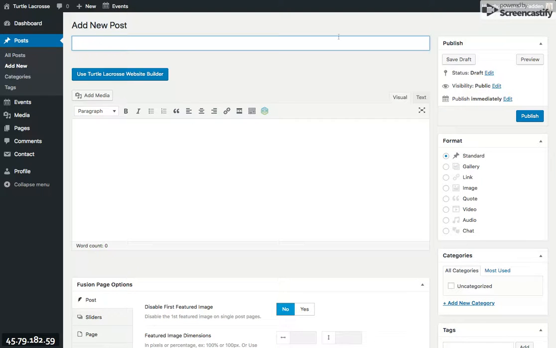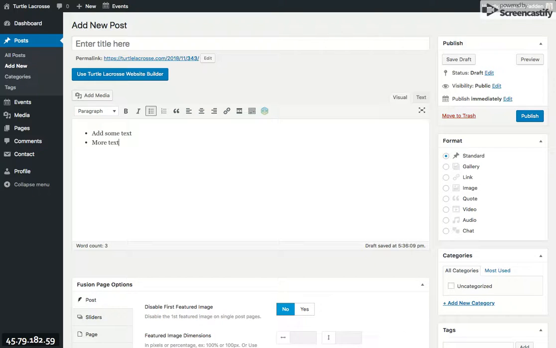So you'll type a new title here. You'll enter the content of the post, and this is very similar to a word editor in your Microsoft Word. So you'll just go ahead and add some text. You can make that text bold by highlighting it, clicking bold. You can make that italic. You can make a bulleted list out of that text. You can also